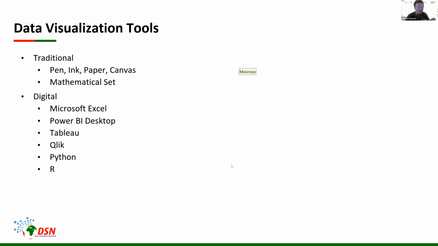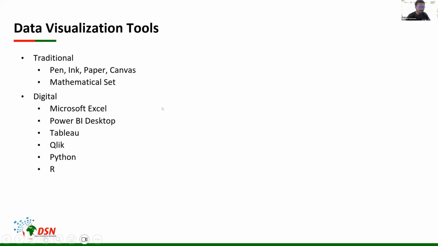So for those people who were in the category of no earlier, that are shifting into the category of yes, these are some of the tools that you may want to look at. And for those other people who were already in the category of yes, you have to think about how many of these tools you really know how to use. So if you want to increase your breadth, basically you want to be available for more opportunities, then you also have to try to gain proficiency in each of these tools so that you can be much more available to more opportunities, so to say.